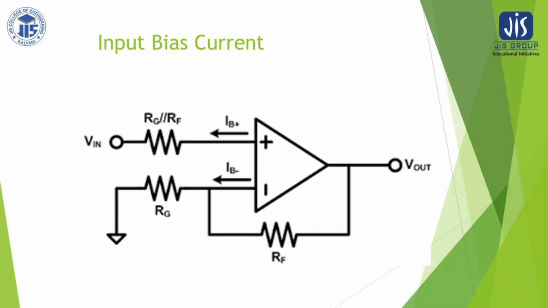In case of an operational amplifier, though we are neglecting the current entering the op-amp, there is a small amount of current which is entering. We know there is a differential amplifier stage at the beginning of the op-amp. Therefore, input is actually applied to the base terminals of the transistors of the differential amplifier. So these are the input terminals, and the current entering is nothing but a base current. We know the base current is of the order of microampere. That is why these currents are negligible with reference to the other branch currents, which are of the order of milliampere. So here is the input bias current.